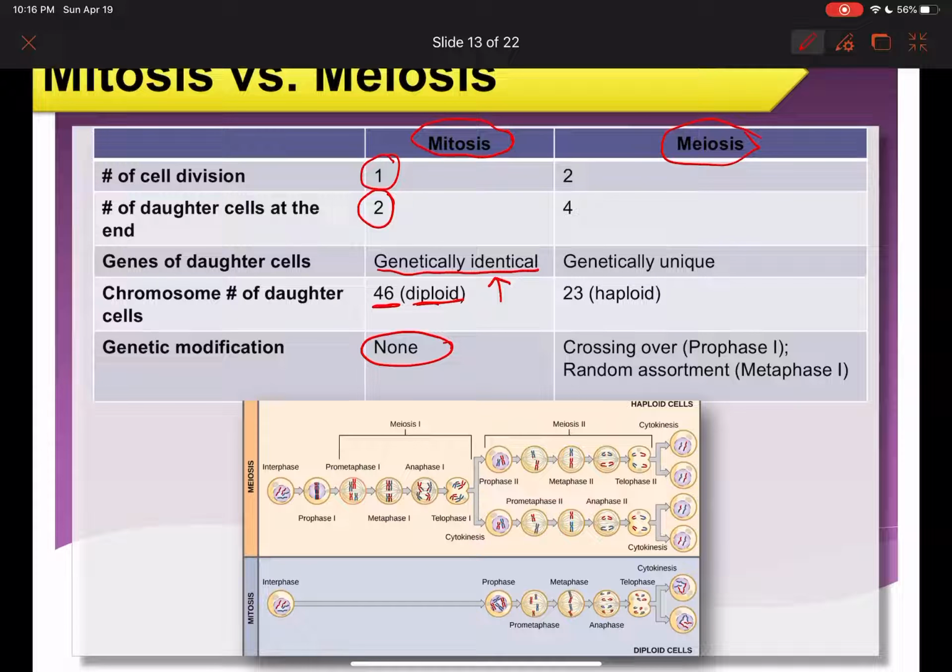For meiosis, you have two stages of cell division. Four daughter cells are generated because you have two rounds of cell division. Each of those daughter cells is genetically unique due to crossing over that happens during prophase 1 and random assortment that happens during metaphase 1. At the end, each of those four daughter cells is haploid, or contains just 23 chromosomes for humans. So this is a very good chart and table to remember for answering questions on the lab or for